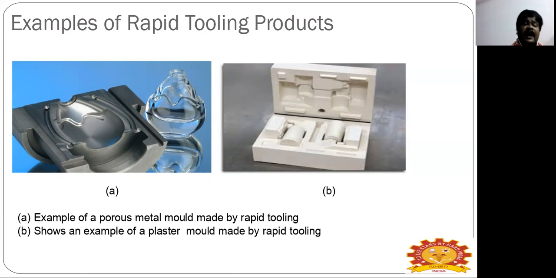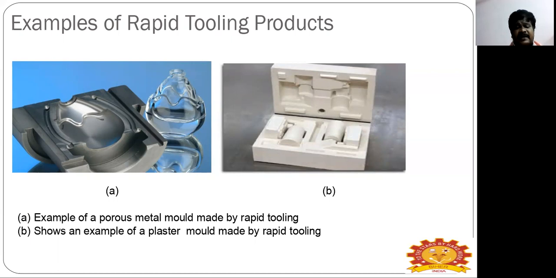If you take the applications of rapid tooling, injection molding is used for rapid prototyping, and for high volume manufacturing, producing parts in thousands. Examples of injection molding are Lego bricks, bottle caps, and medical syringes. So what are the advantages here? High volume and a wide range of materials.